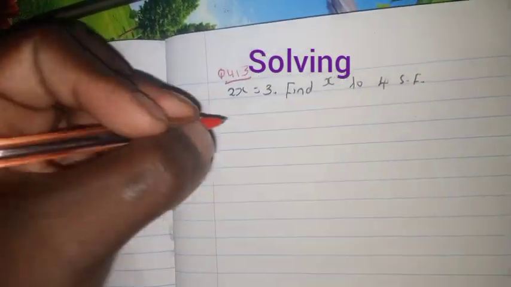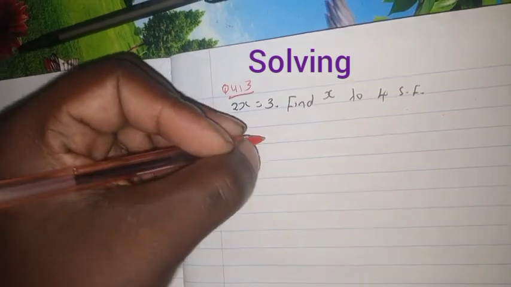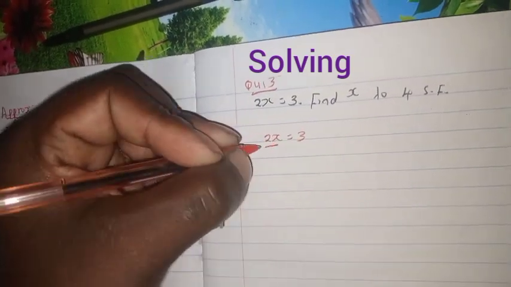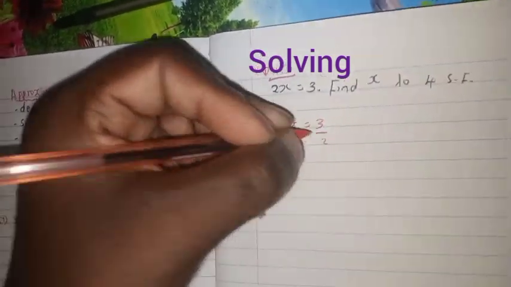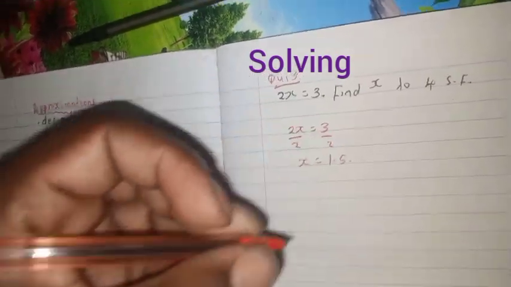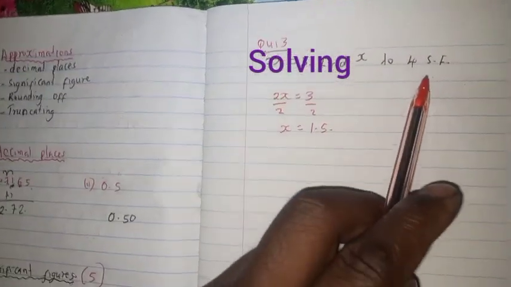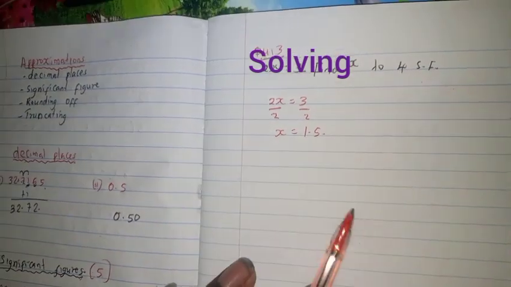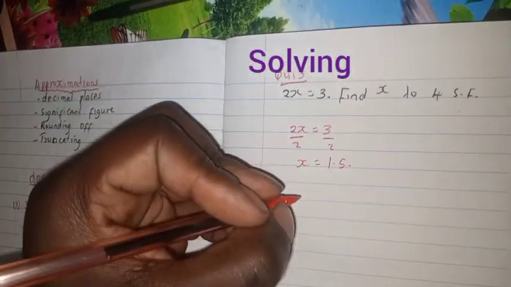What are we supposed to do? We have 2x is equal to 3, and therefore we divide by 2 to get x is equal to 1.5. But the question says to 4 significant figures. In that case, we're going to write it as